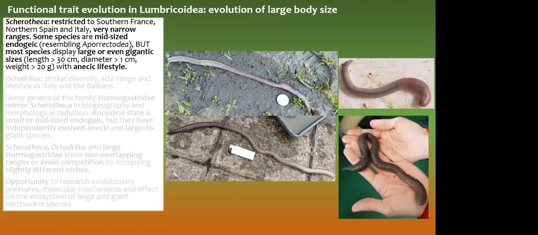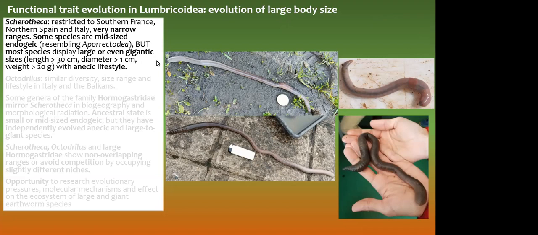Well, and these molecular phylogenetic approaches give us a good possibility to understand the functional trait evolution in Lumbricoidea. Lumbricoidea here would include Ormogasturidae and Lumbricidae, and more precisely to study the evolution of large body size. And you have heard Sam mention large body size several times, and he also mentioned the Scherotheca, which is